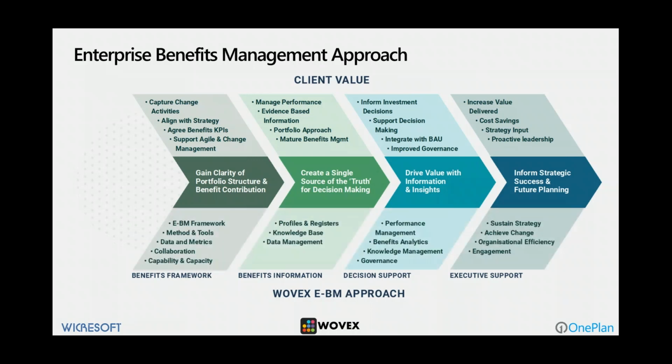At the bottom of the chevrons, this describes in a bit of detail the capability that Wovex provide. You can read this in the slides afterwards. I'm keen to get into mapping now and to show you what the software does